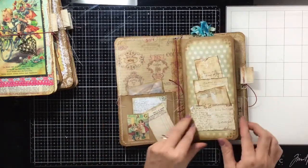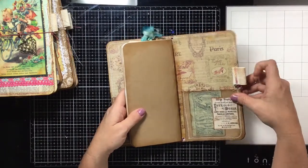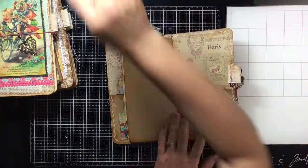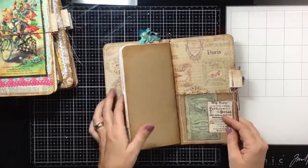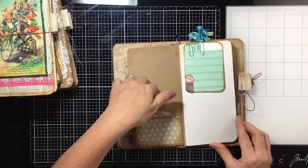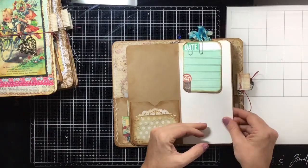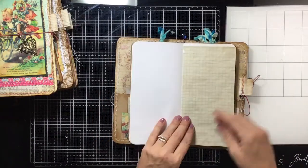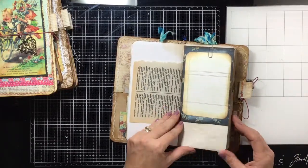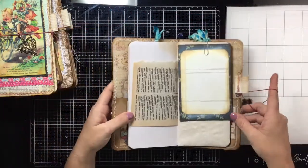Put that in there. And I'll flip you through. Well, here's the back of the cover, and then a pen holder, elastic pen holder, pocket, and here's the insert, pocket here, journaling card, some watercolor paper, regular paper, graph paper, piece of old book page, a journaling card, and these journaling cards are on my Etsy store as a download,